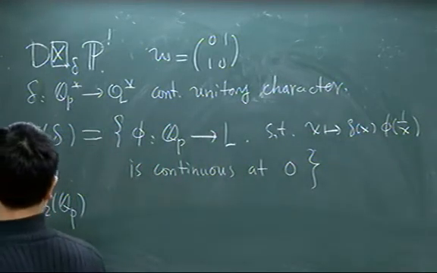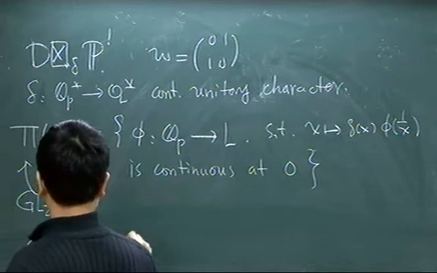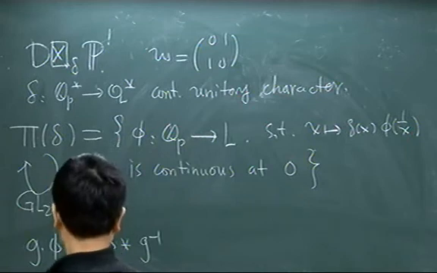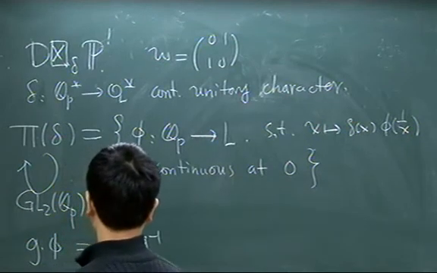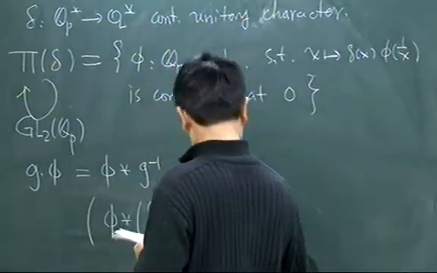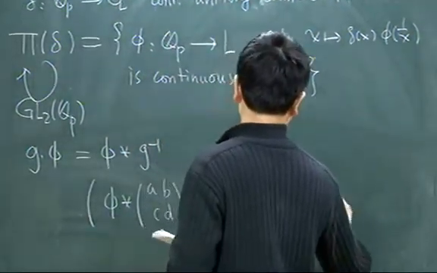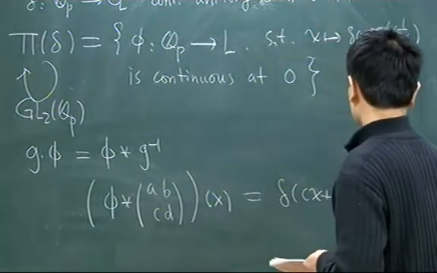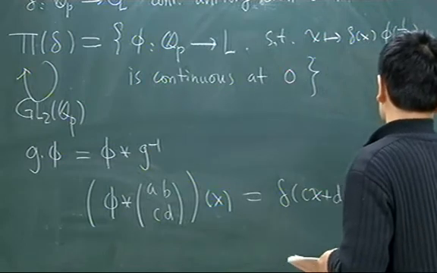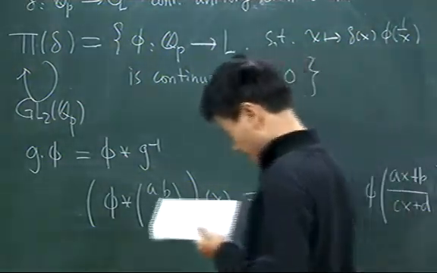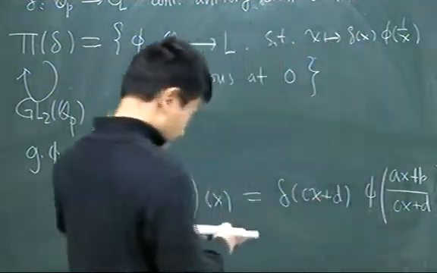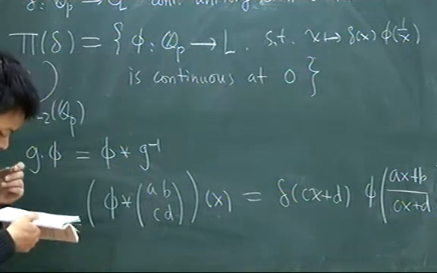So if g is (A B; C D), or we can say g inverse, what is this? x is just delta(Cx+D), and then psi of (Ax+B)/(Cx+D). So (A B; C D) is just contained in G, in this GL2(Q_P). Okay,